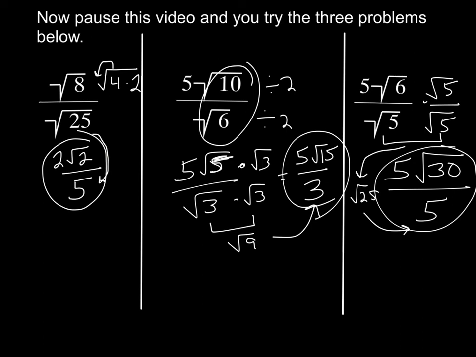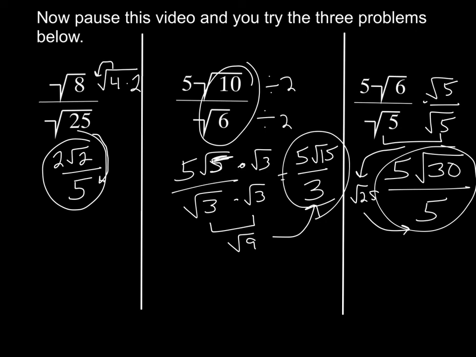The second one, I chose to reduce the fraction first, so I reduced the 10 and the 6 by dividing by 2. That gave me radical 5 and radical 3. Now I only need to rationalize the radical 3 by multiplying by radical 3, and I got 5 radical 15 over 3. If I would have gone ahead and multiplied by the radical 6, I would have had radical 6 on top, which would have given me a 60, a larger number to break down,